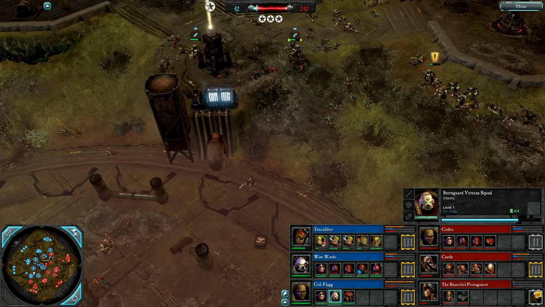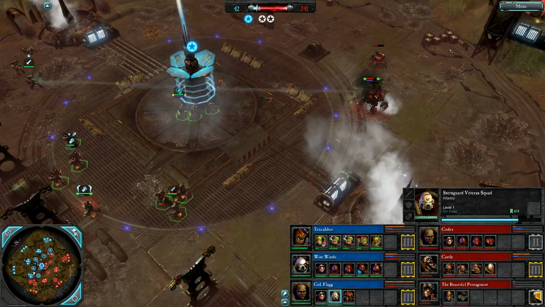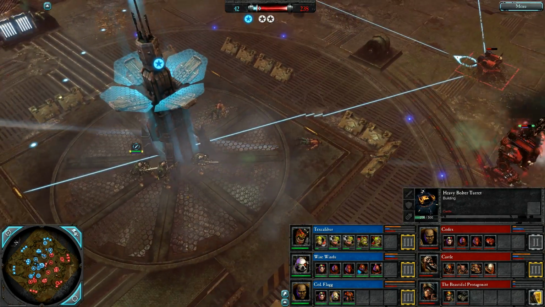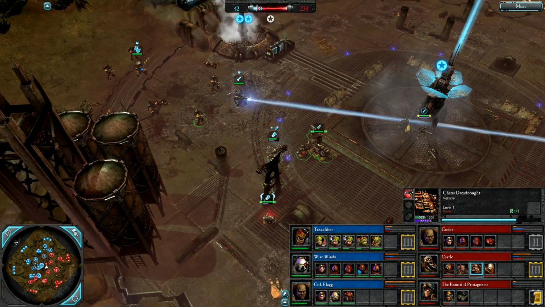Tex needs to take his natural back, and blue team are going to get a triple cap soon. Heavy bolter turret is still there, not quite covering the entirety of the victory point, and the